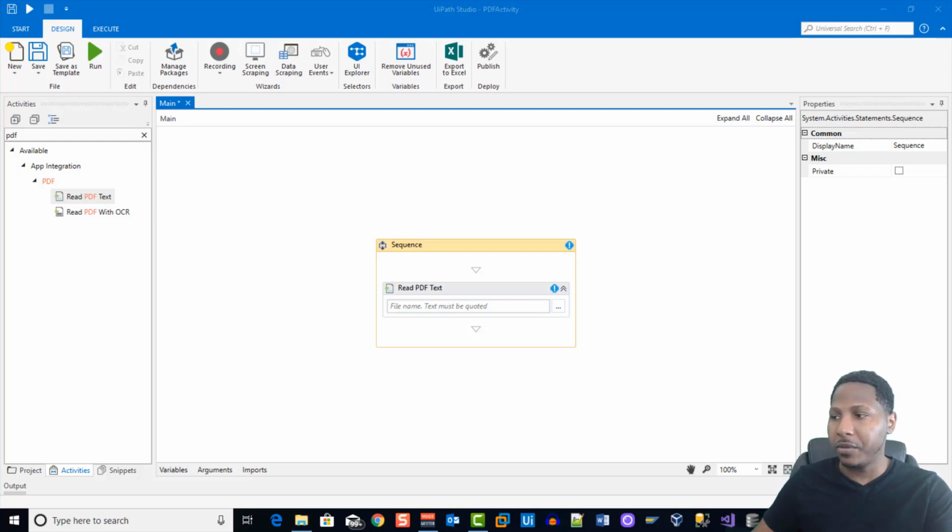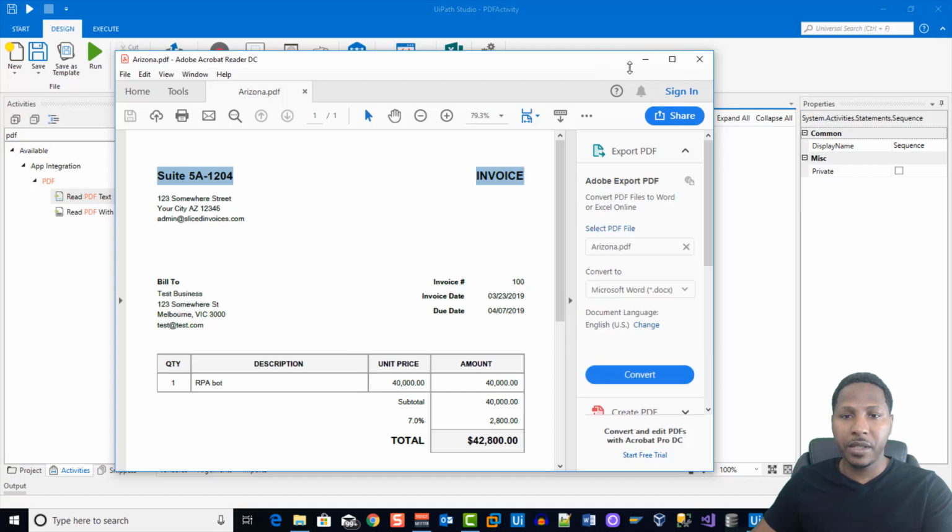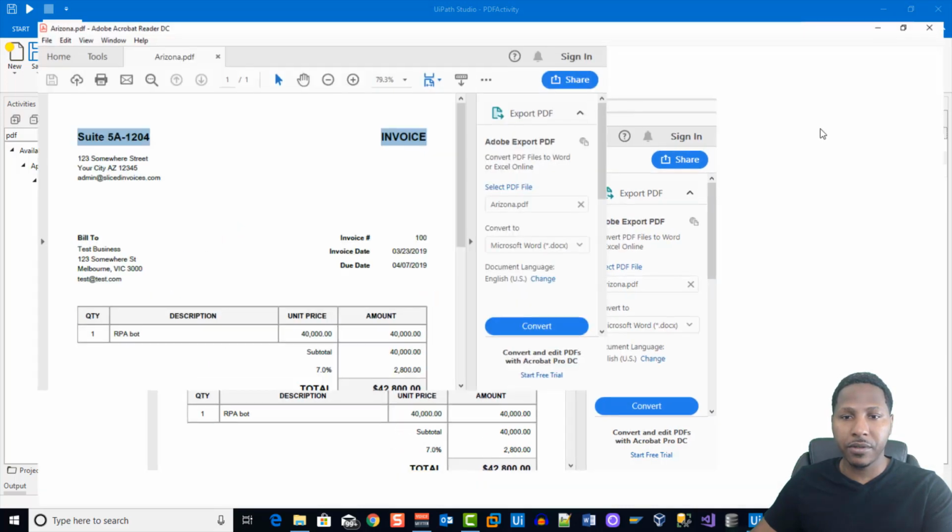Let me open it up so you can see what the PDF looks like. So this is what the PDF looks like, and when we extract it, we're going to see that it's going to split. It's going to have everything line by line, and that's very useful to know, because we're going to use that to split and actually get this total here. Okay, now let me just keep this up. Let me drag it to my other screen,